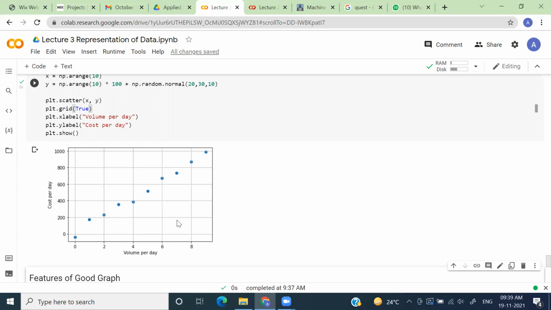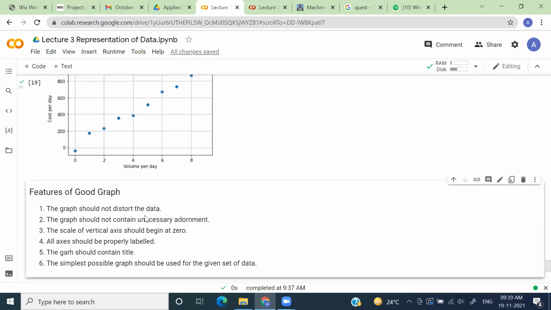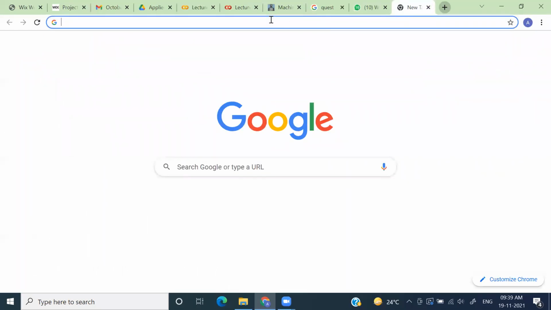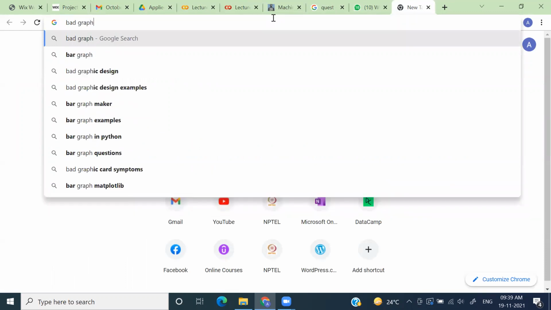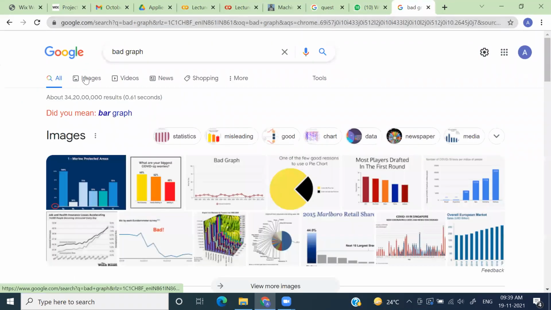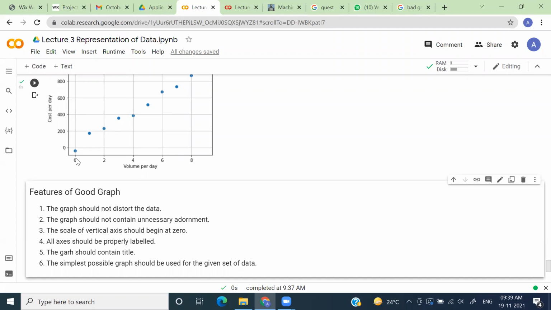Yeah, I got it. I'll keep in mind all those features of a good graph. Hello, Ashutosh. Yeah. So starting with 0, what do we have to mention? Just a second, let me pull that note first. Yeah, I'm saying that your x-axis and y-axis should always start with 0. Okay. Right.